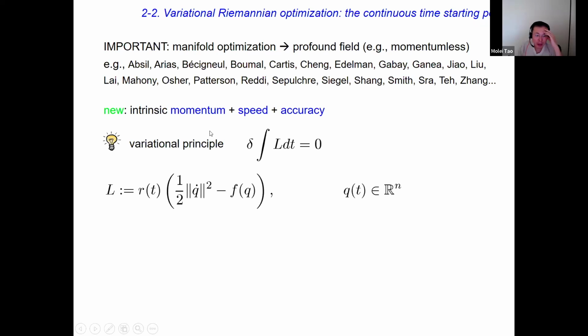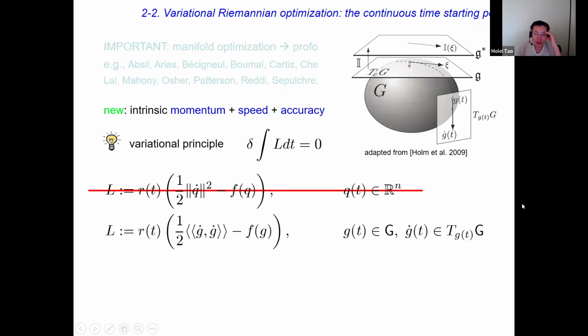Like I said, we do so by using a variational principle. The variational principle for Euclidean optimization is something that I already talked about. You use basically this artificially created Lagrangian. You may say, great, that's easy. If you have a manifold situation where instead of a trajectory q as a function of time, you have a trajectory g as a function of time. I intentionally used a different symbol just to emphasize that I have a curved situation. This g corresponds to a particle moving on the manifold. You want it to move to the local minimizer of your loss function.